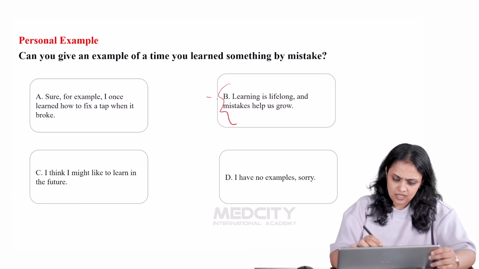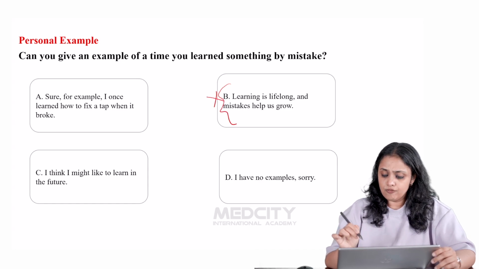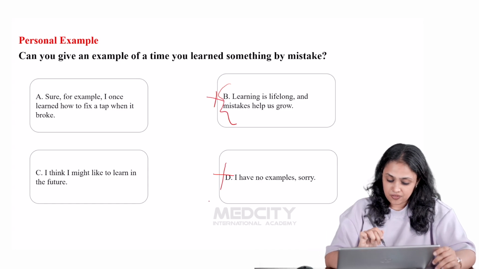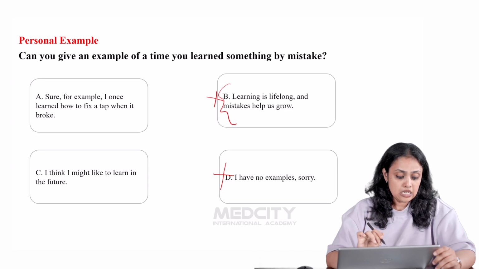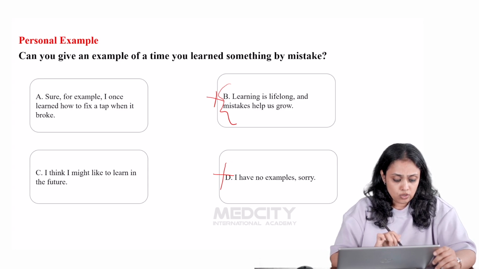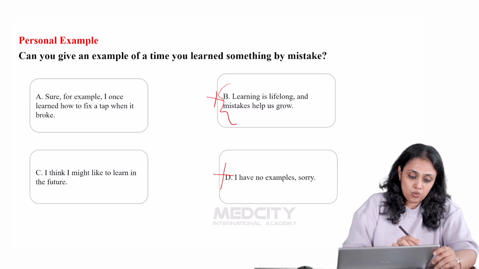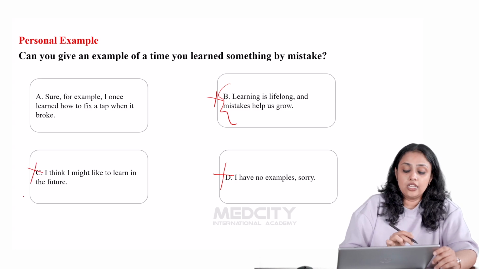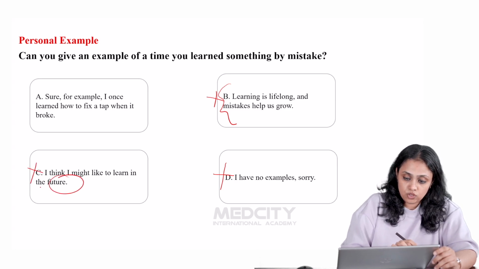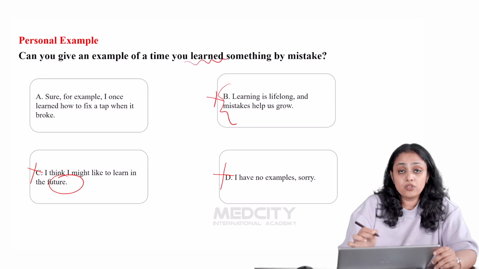Way too general. Then D, I have no example, sorry. Again, this kind of starting is not recommended. Option C, I think I might like to learn in the future. What about this? This is again wrong because it's talking about the future when the question asks about something from the